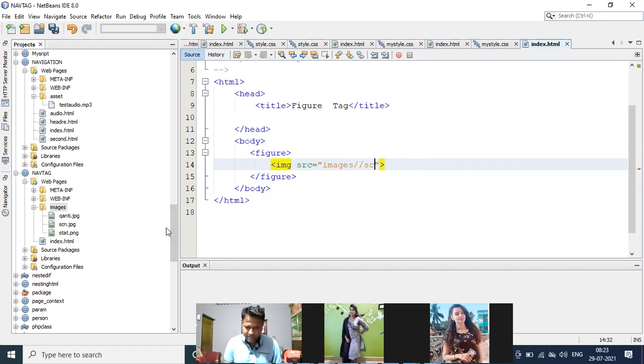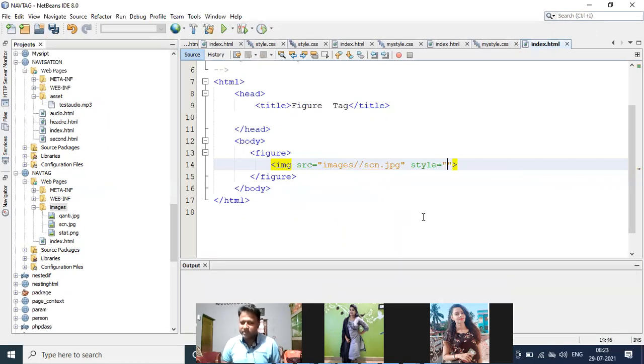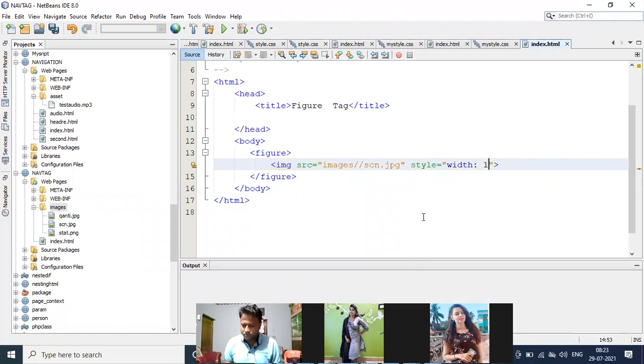For the image style, you can pass some CSS. Width equals 100%. Width is 100% of the image.